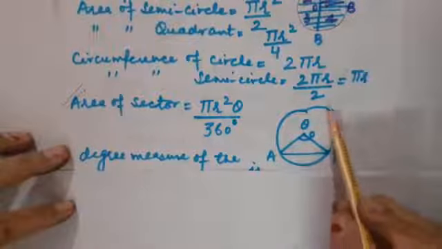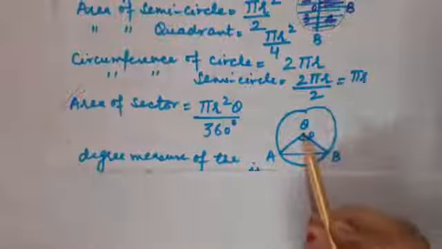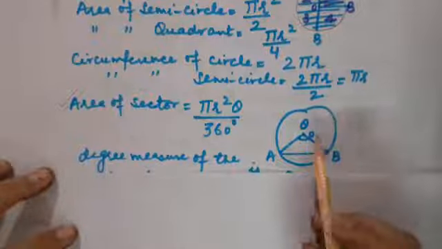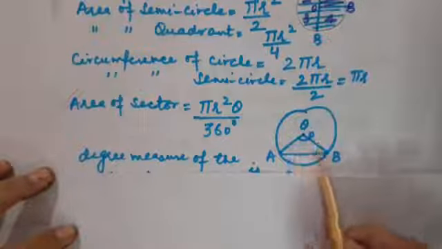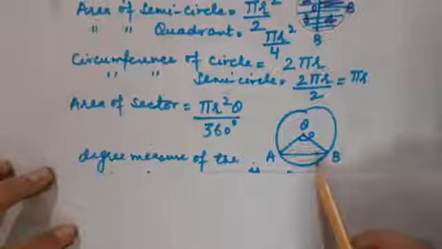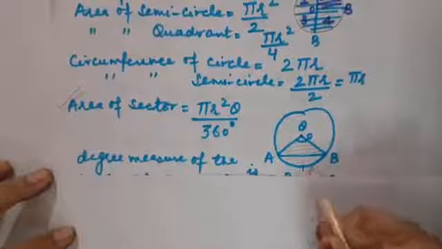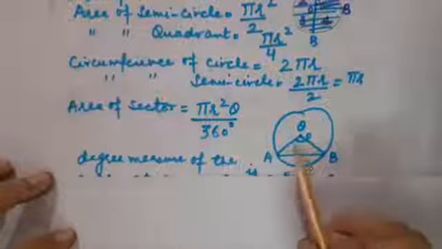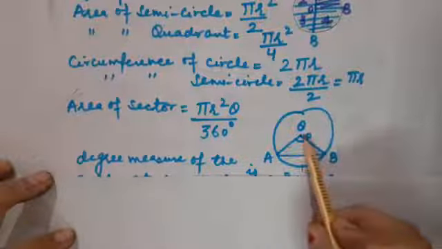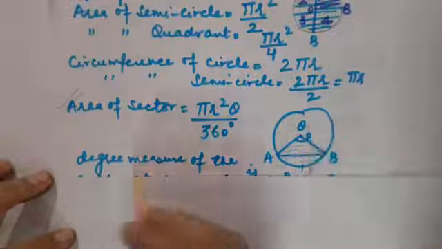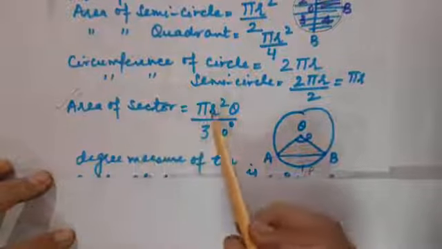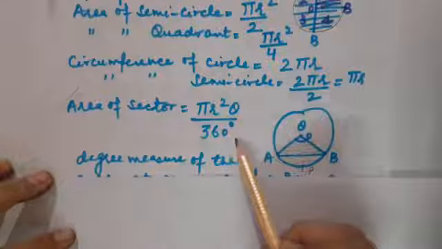Here you can see that there is a circle with center point O. And what do you mean by sector? Sector is nothing but the region which is bounded by 2 radii and 1 arc. Here you can see that APB is a minor arc, correct? So this OAPBO will be known as minor sector. So let us recall the formula of minor sector's area, which is equal to pi r square theta upon 360